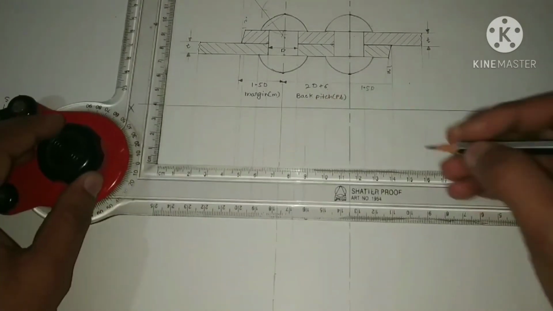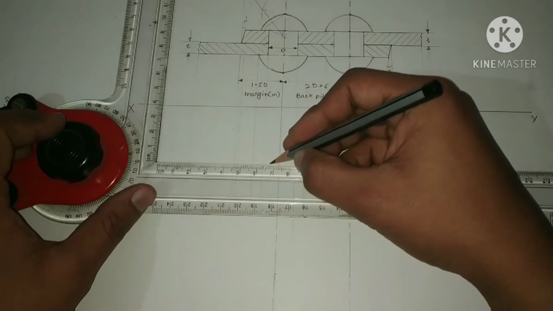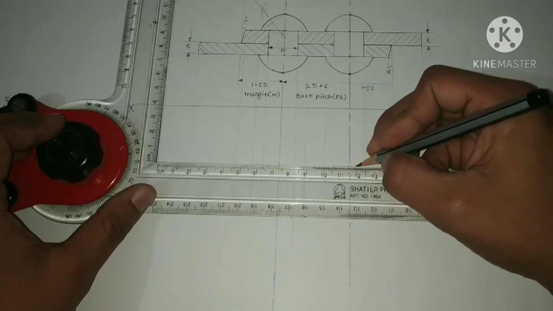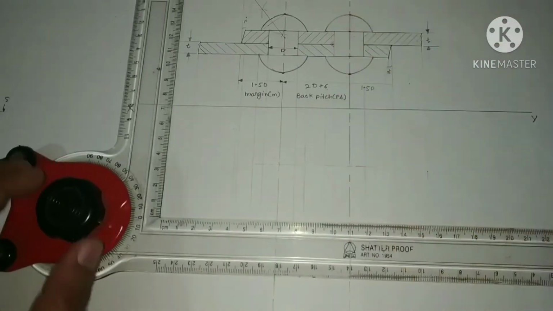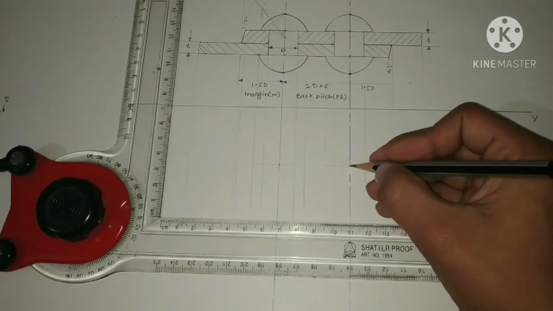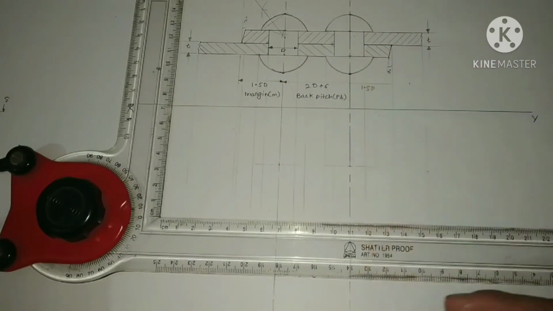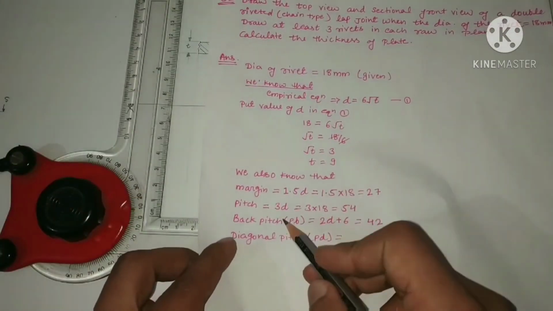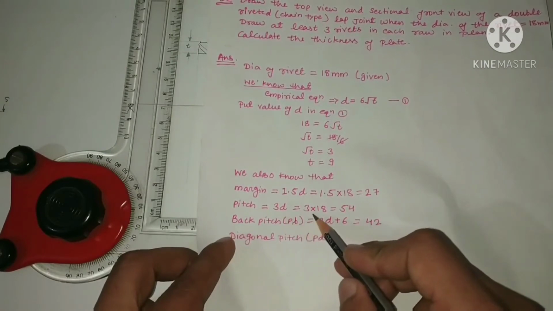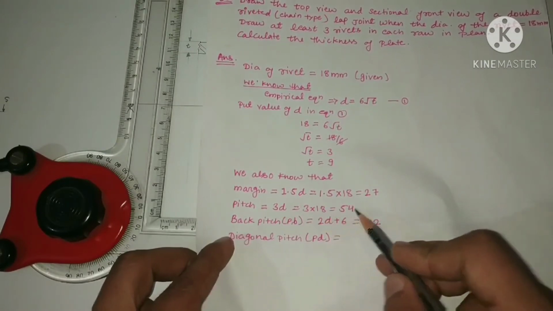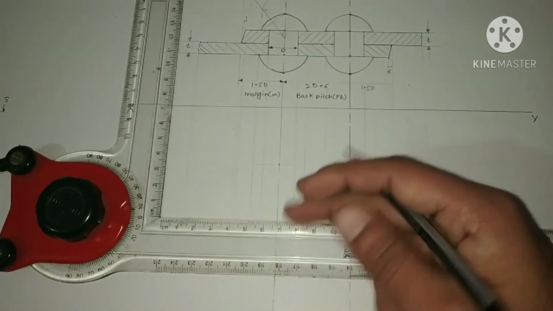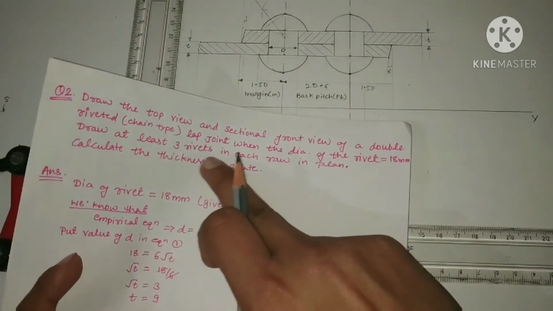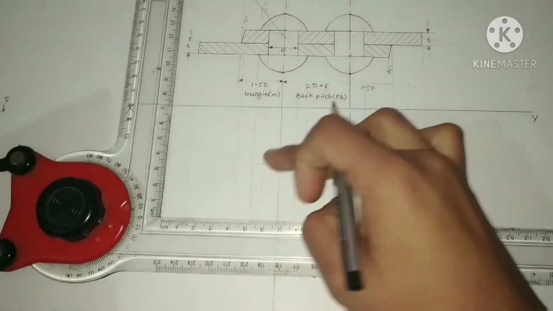When you see the rivet from the top, we can see only a circle. Here the body of the rivet is a hidden part, so we are going to mark an inner circle of 18 mm diameter with the help of dash lines. Similar to the previous case, here also you have to draw 3 circles on each vertical line. So together it will be 6 circles. Before drawing these circles, read the question one more time. They have given it as chain type. So here the circles should be one below the other.